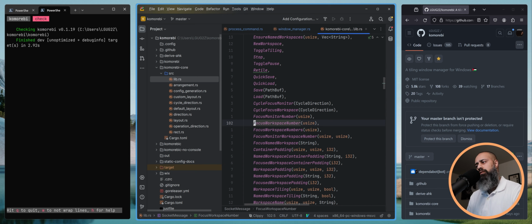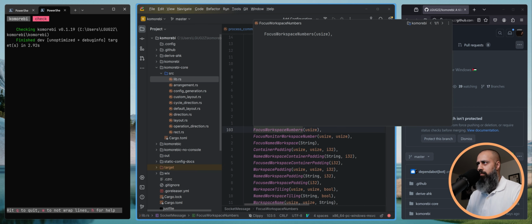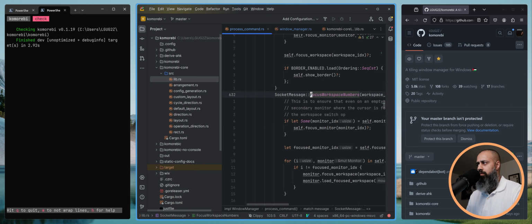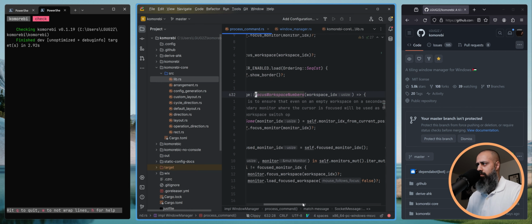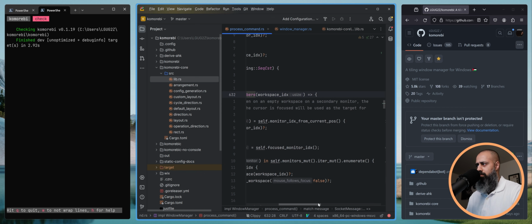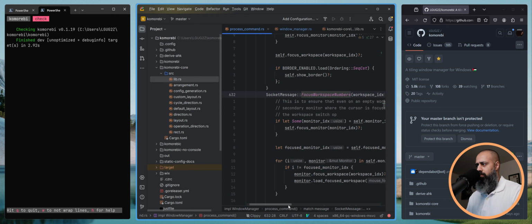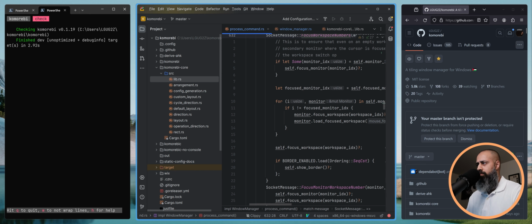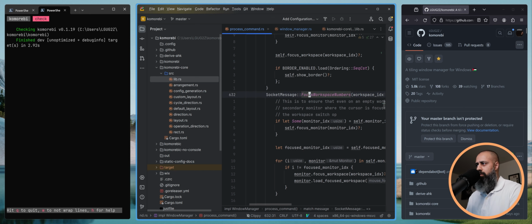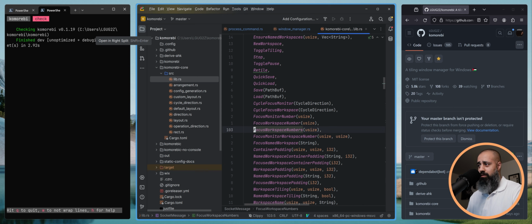And we'll call focus workspace numbers. Why do we have multiple? Oh, this is to focus the same workspace across multiple monitors, something that somebody wanted, and I'm not sure they